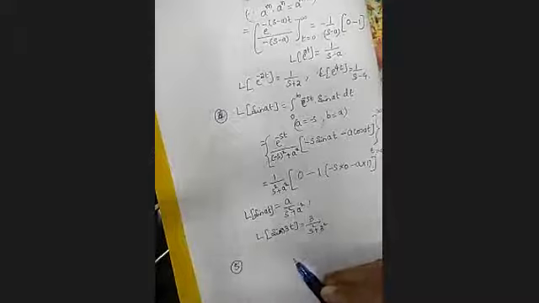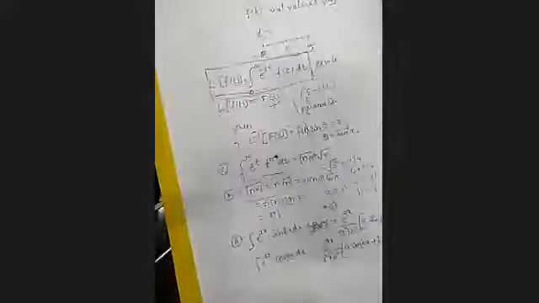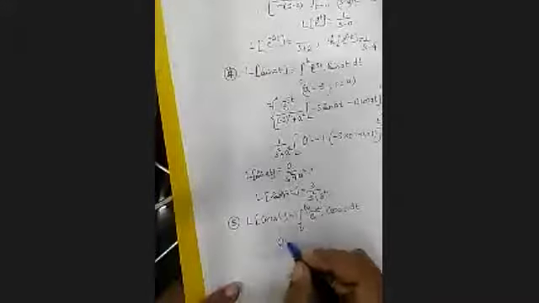Let us take the next one. Can you guess what should be the next function then? Cos of at. So again, by definition, it is the integration from 0 to infinity of e raised to minus st, then cos of at dt. We have to use a similar result, what we have here for cos. Same thing. So again, we are going to compare with this result. What is A? A is minus s, B is a.